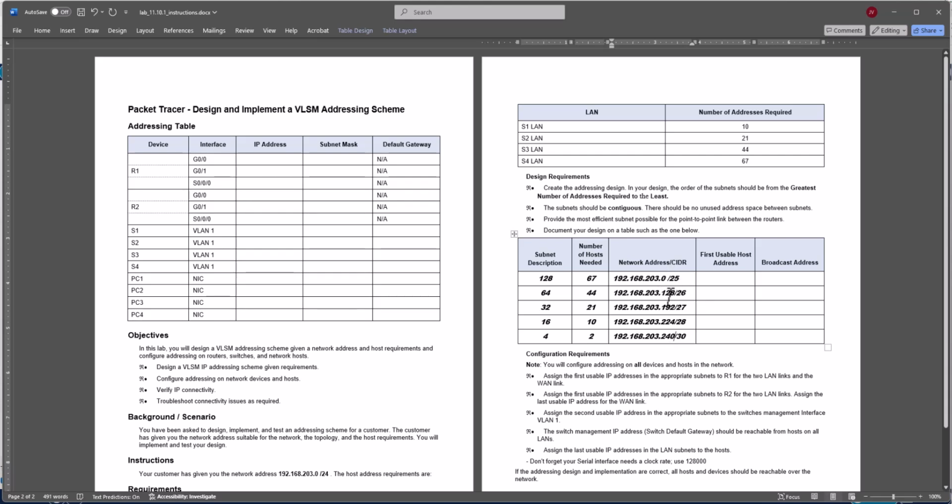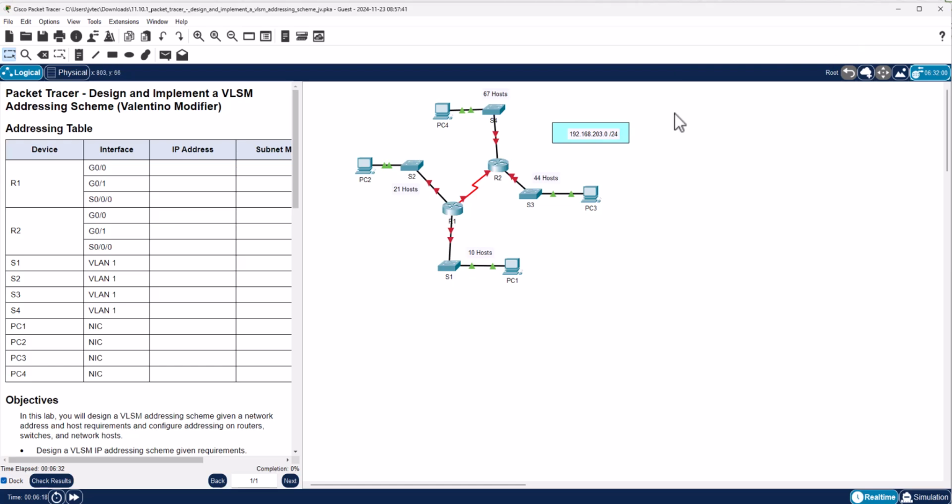We take this information, each subnet with its listed network ID and subnet mask, and copy and paste it back into our picture. That first network for the 67 hosts, we apply right here with the subnet mask of a /25. The second network for 44 hosts, we put that subnet ID here with its mask of a /26. You get it, /27. 10 hosts, /28. Point to point, /30. With those applied here,